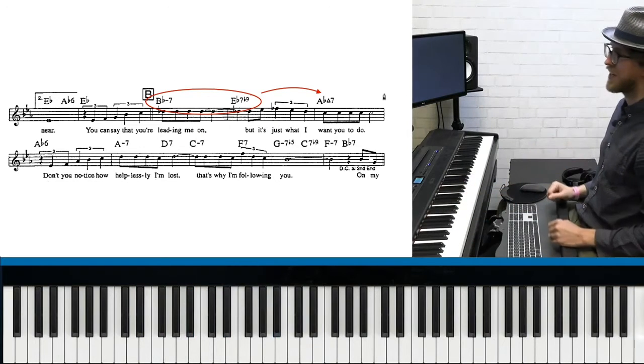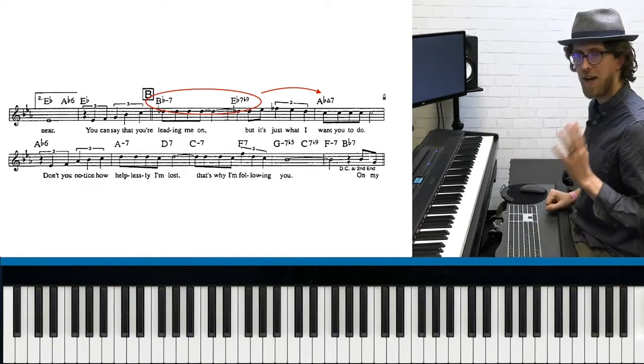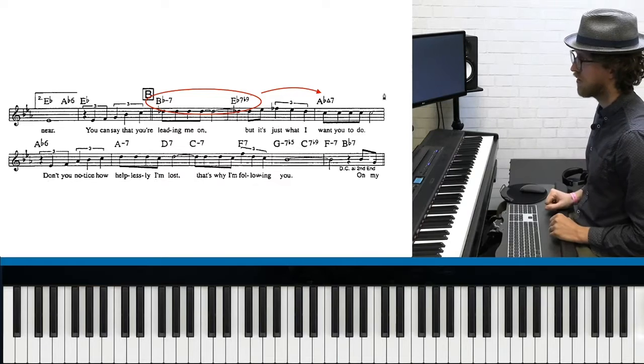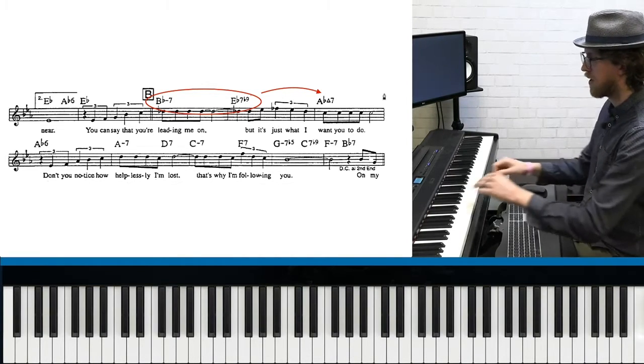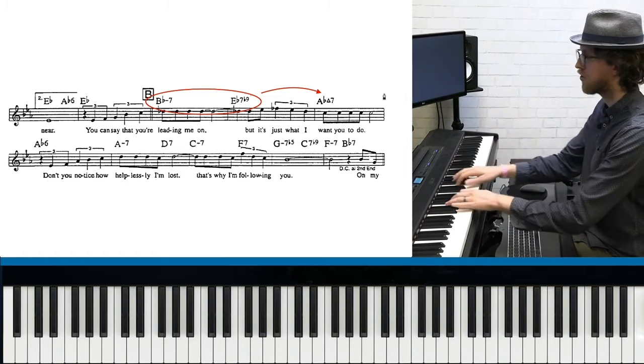Okay, so what is happening here? Well, we always want to keep our eyes out for those little 2-5 progressions, and there's quite a few of them here. First, notice that the melody repeats, right? We have this in the opening of the B section,